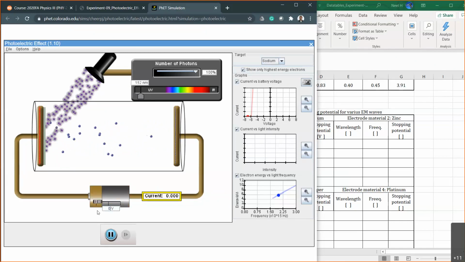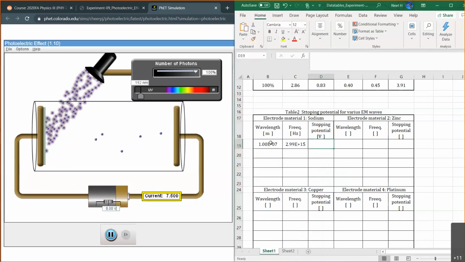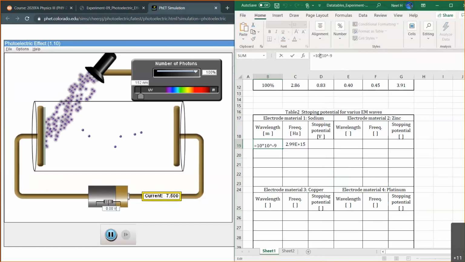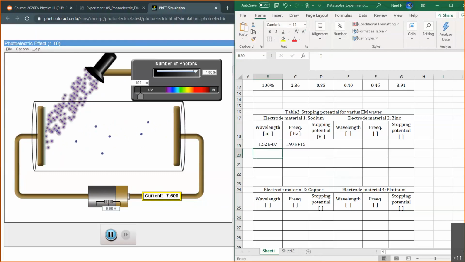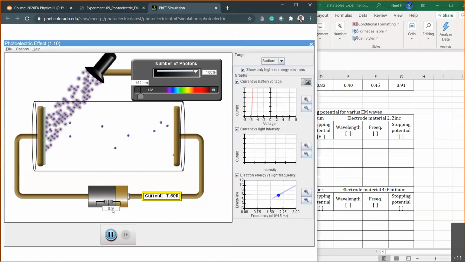Okay. So which means the wavelength, I should not start with 100, we should start with 152. Anything close to 150 would be fine, I think. If you retype that number here, then the calculation will be done automatically. Okay? Let's check the stopping potential. -7, I think too high. Yeah, try -6, -5. Between -5 and -6,